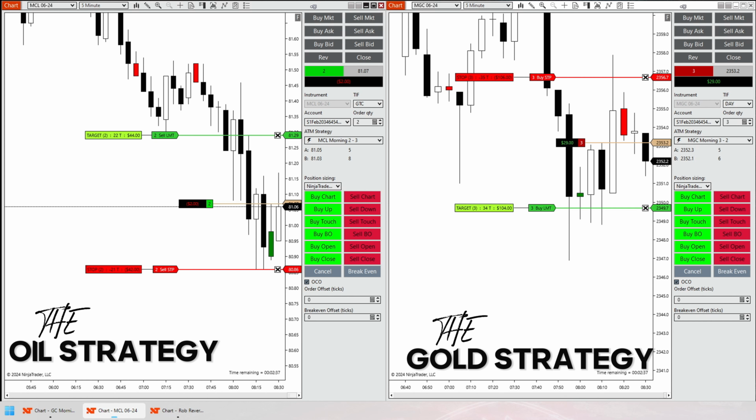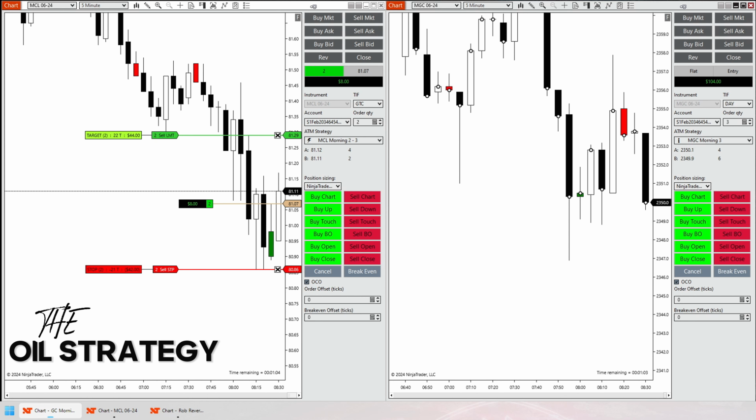Gold is obviously looking pretty promising. Oil had a very nice surge right out of the gate in the way that we wanted to see. But now gold is looking like it is going to make its final push for take profit. I think I do end up reducing my risk here down to 18. Actually, no. Right as I was reducing my risk there, it did go to full take profit, so I didn't really even get the opportunity to reduce my risk. Beautiful trade in gold this morning.